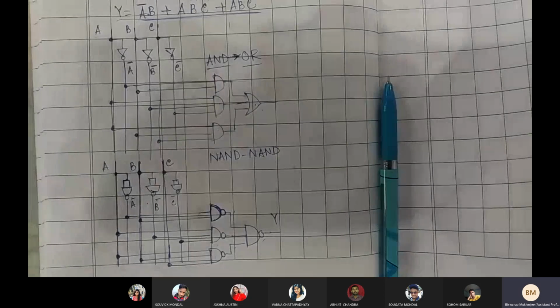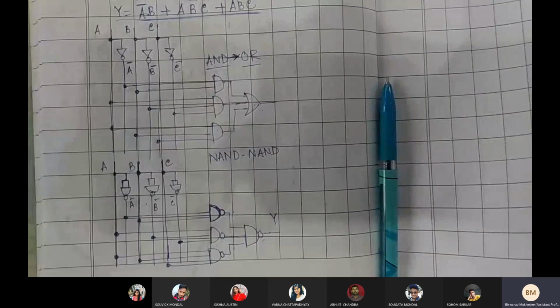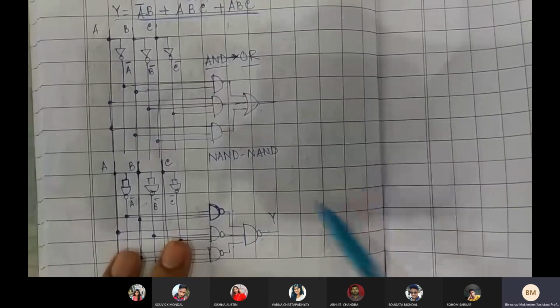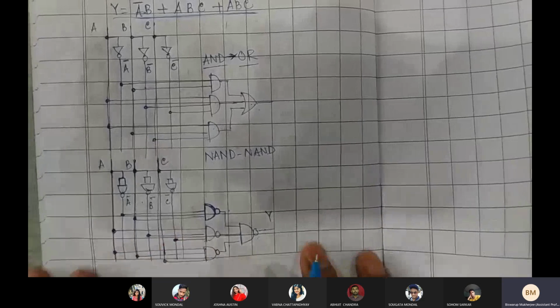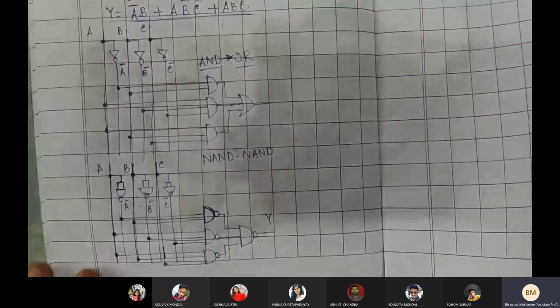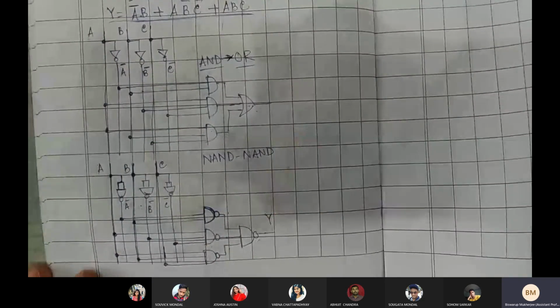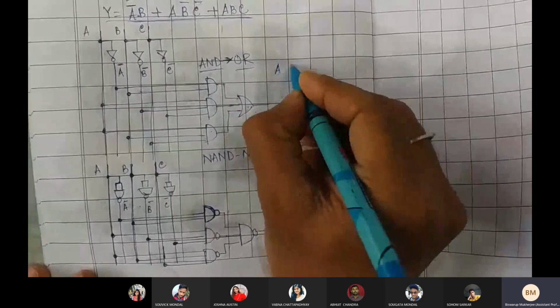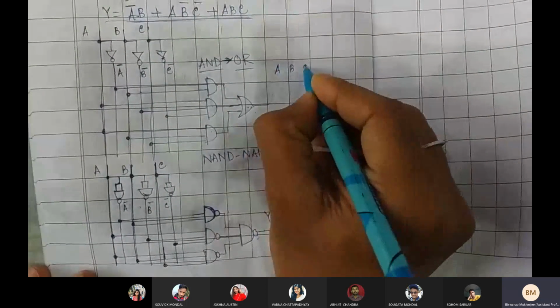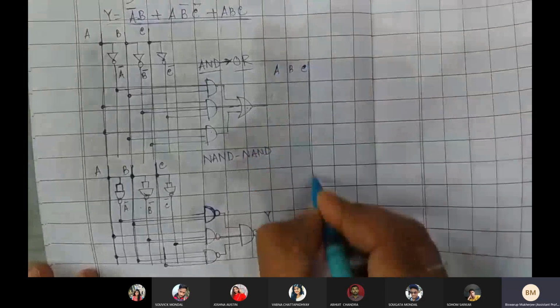We will look at that too. So if you have any doubt, you can also go for something like a truth table. You can also follow it with a truth table. You can also go for that one. Okay, you can check it out with a truth table. So something like A, B, C, you can test it out. You can test it out.